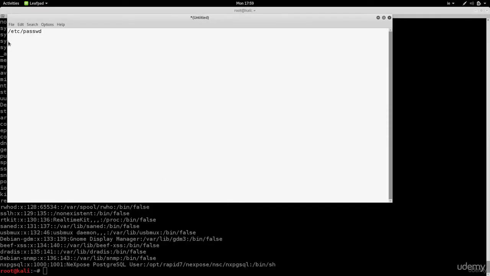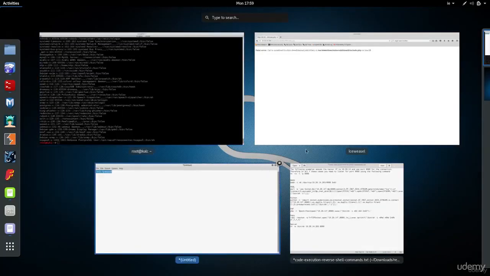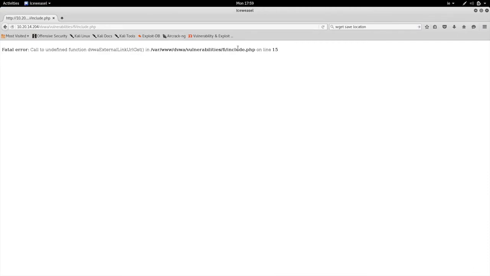So we're going to try to read this file. And to do that, let's go back and see our current location. Our current location is in the FI directory. So we need to go back 1, 2, 3, 4, 5 times, and then go to etc password. So going back would be done using the